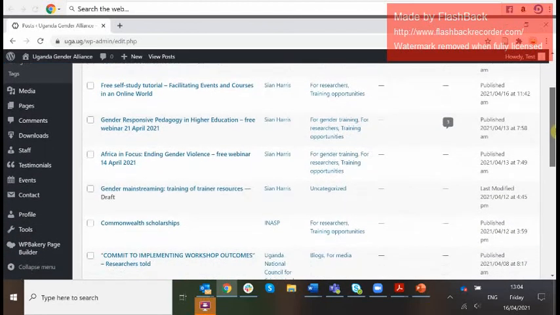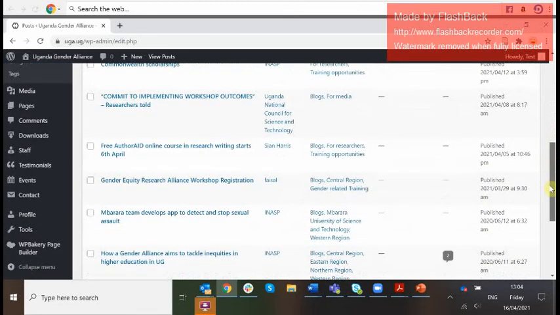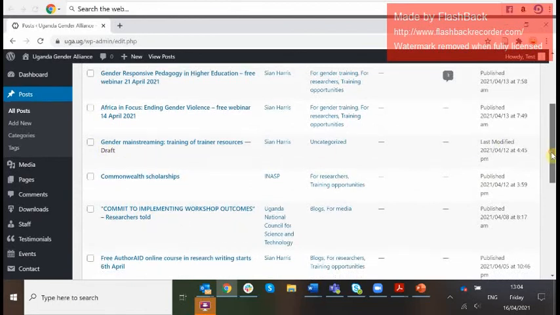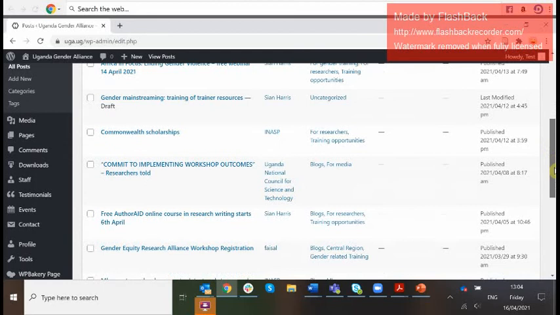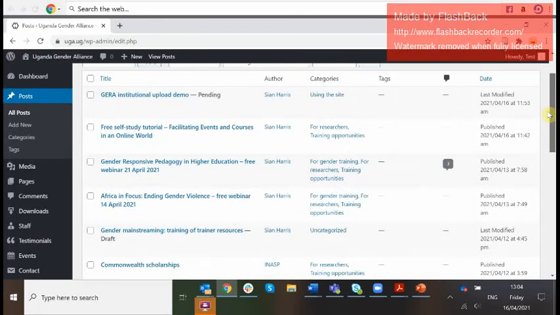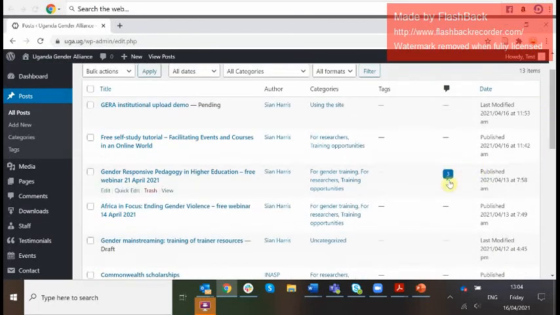These are a whole range of things. If they're still in progress, this is one I'm still working on, so it says draft. If they have been published, they will say publish, and you will see information down this side that will tell you what the status is.